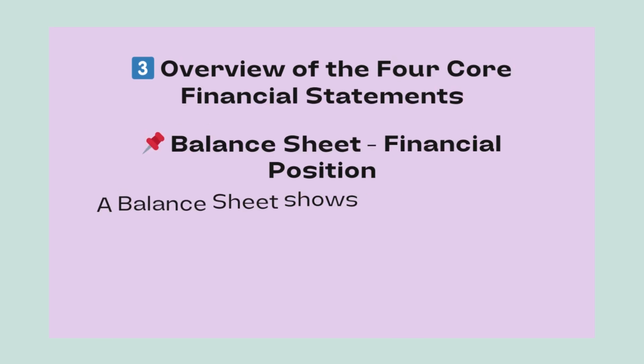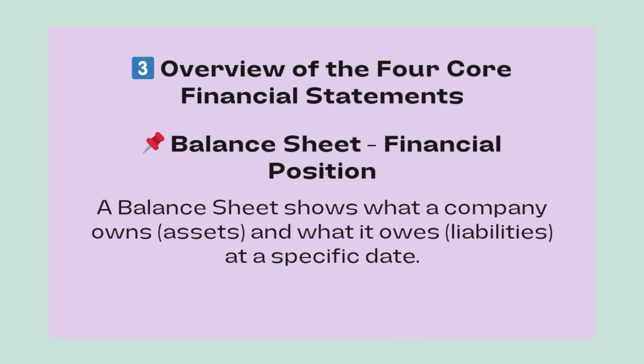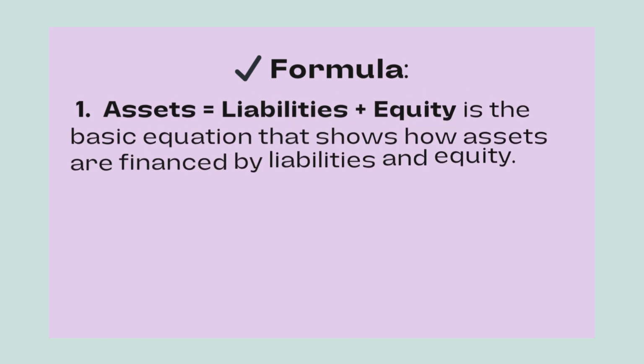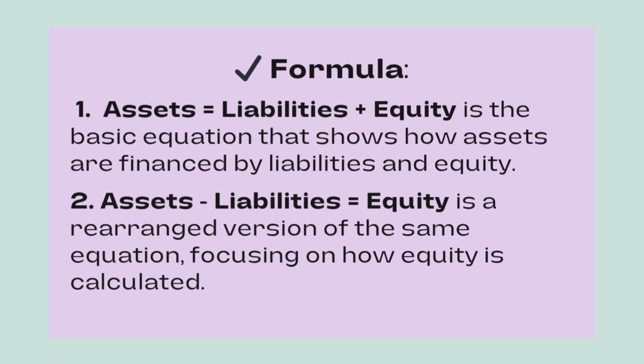3. Overview of the 4 core financial statements. Balance sheet, financial position. A balance sheet shows what a company owns, assets, and what it owes, liabilities, at a specific date. Formula: 1. Assets equals liabilities plus equity, the basic equation that shows how assets are financed by liabilities and equity. 2. Assets minus liabilities equals equity, a rearranged version of the same equation, focusing on how equity